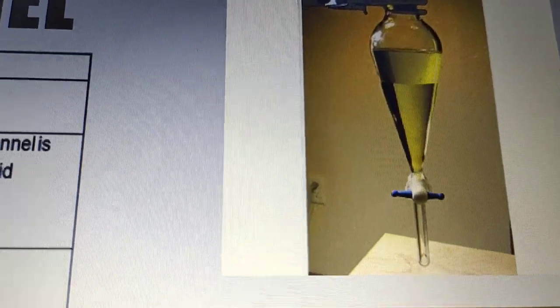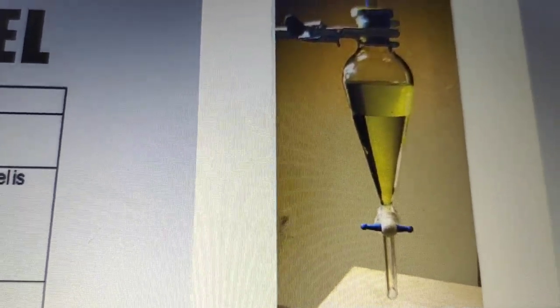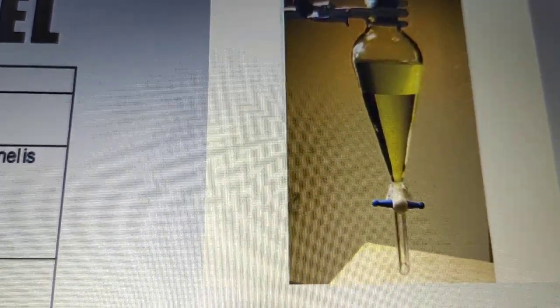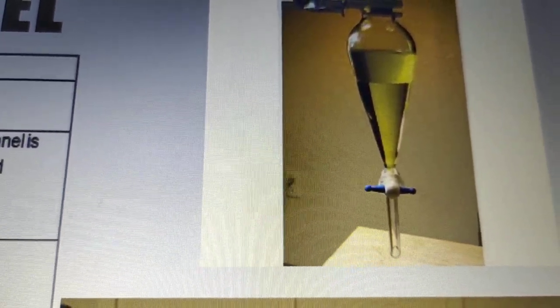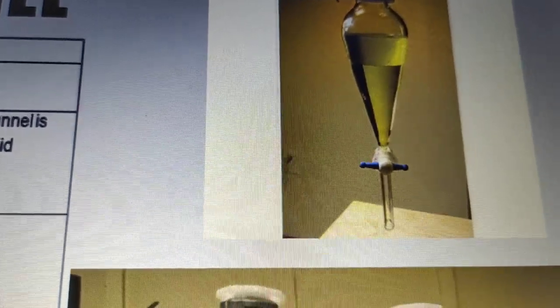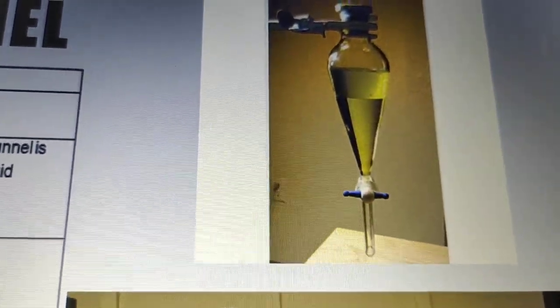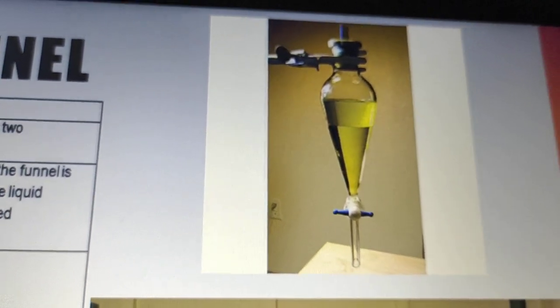Here you can see water and oil. So there is a water and oil separation, and you can take two beakers, put one beaker, open the knob, and up to the line you can separate one liquid, then put another beaker and open the knob, then you can take another liquid. So that means you separate the liquids because of the density concept.